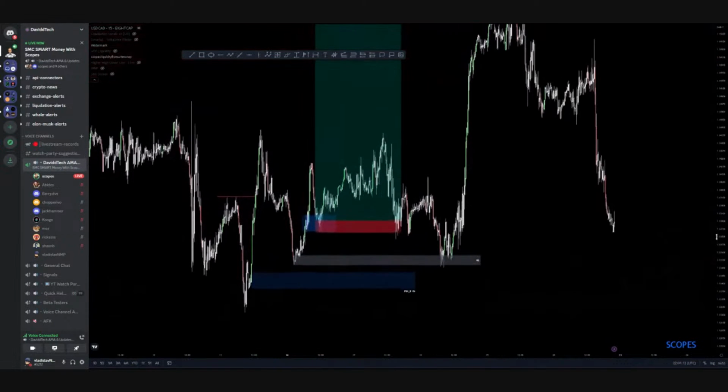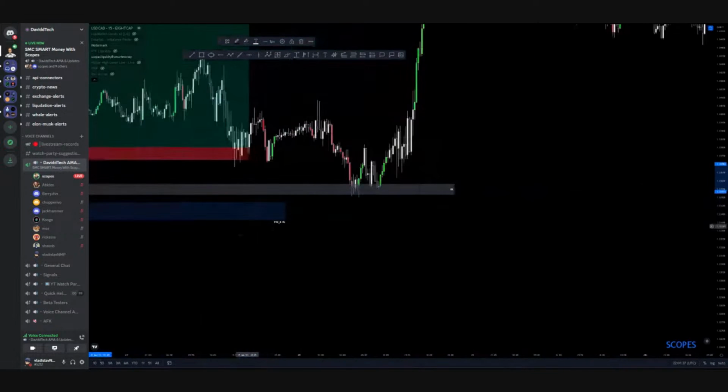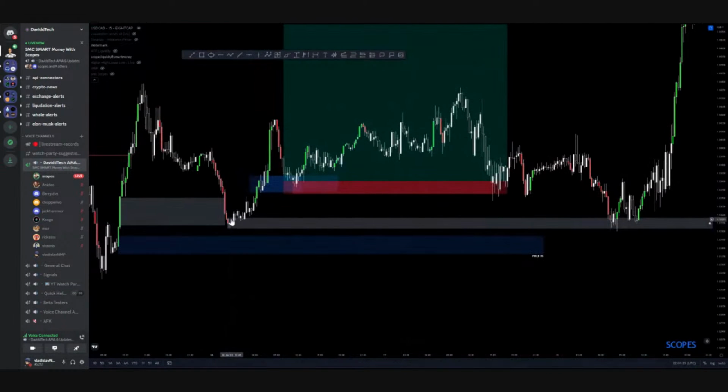I was expecting it to hit here, but it just filled this full imbalance, and then went on to the next one. There was still a bit of imbalance left here, so I was still expecting price to come down and touch my POI. It never touched it. So as soon as I started seeing this pull back up,